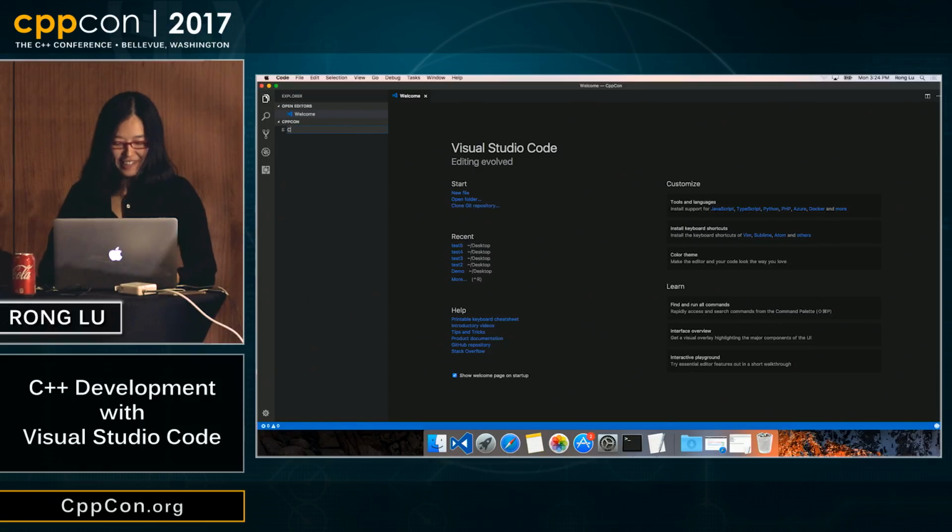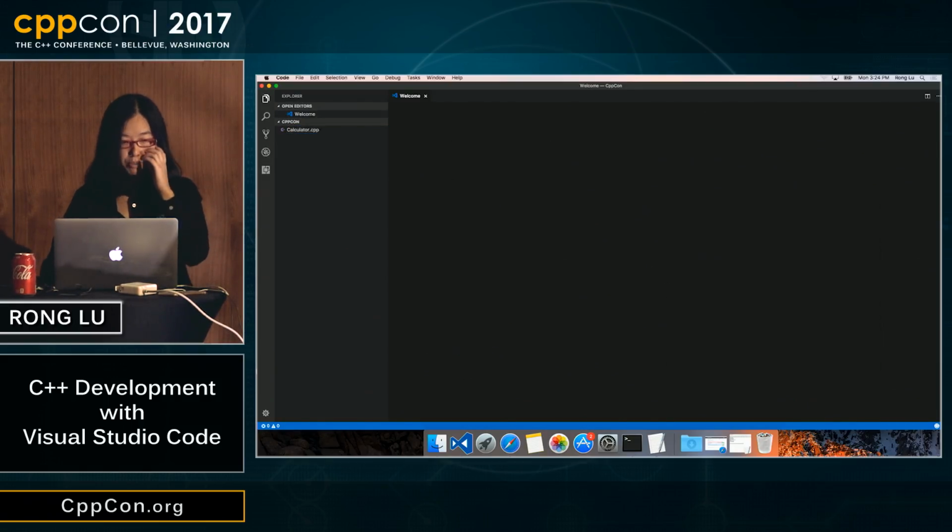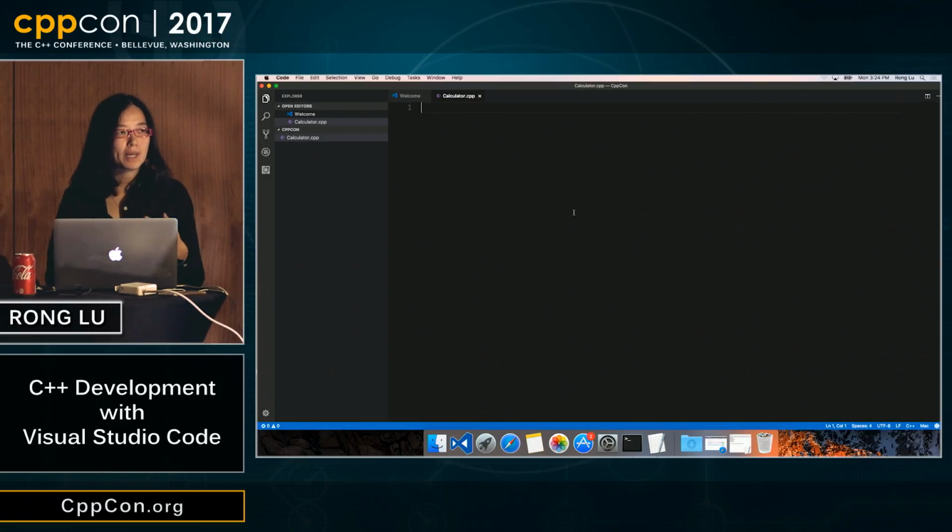I'm going to do a new CPP file. I'm going to do a simple calculator, a console-based app, so I know I'm going to need cout and cin. Right away, I'm going to type include. You see I get some IntelliSense help right here. And I'm going to do main, and start writing my code. So I'm going to do std ::